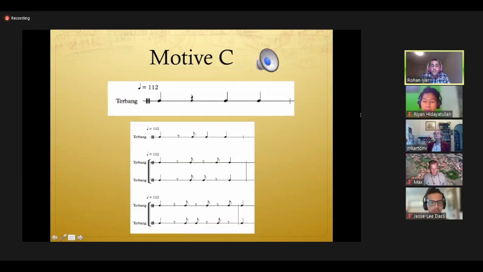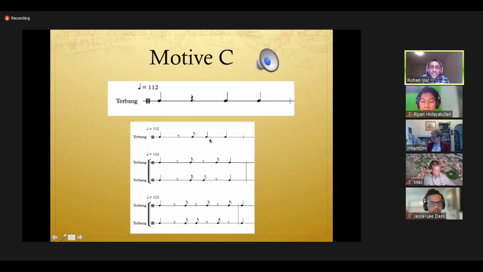Moving on. Motif C, the third motif, is substantially different in its rhythmic makeup. So the first example is the motif, and the second example are some variations. And when I first listened to it, it reminded me almost of a tango.